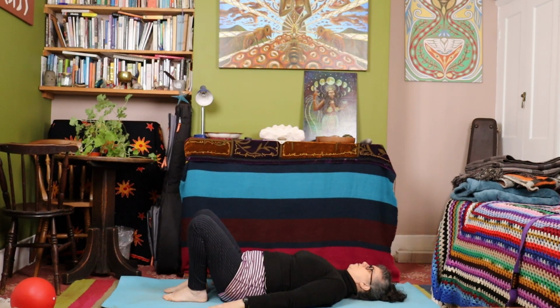Beautiful. So we'll be coming back to those mudras at various points in the practice. But to begin with, we're going to come and lie down on our backs to start the physical practice. So lying down on the back with the soles of the feet on the floor and the pelvis nice and